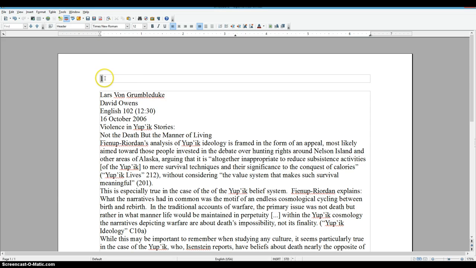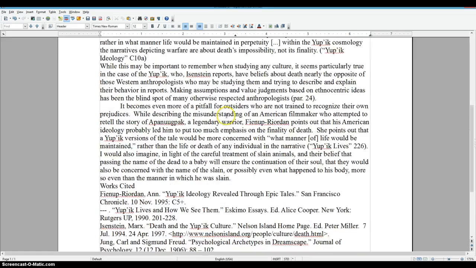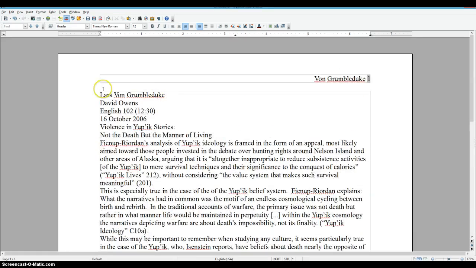Now, the problem here is that it's on the left-hand side of the page, so we're going to move up here to right justified, and then we're going to copy the last name from our heading, and space, and now we've got that. Of course, we can't check that yet, but what we are going to do now is we're going to, just